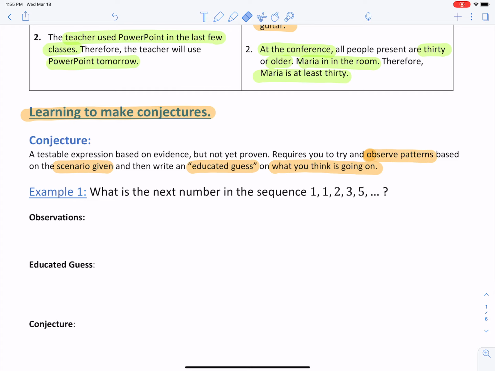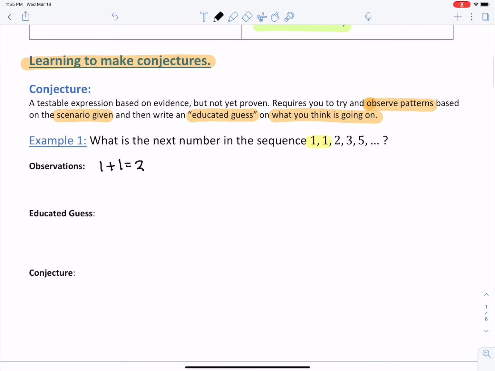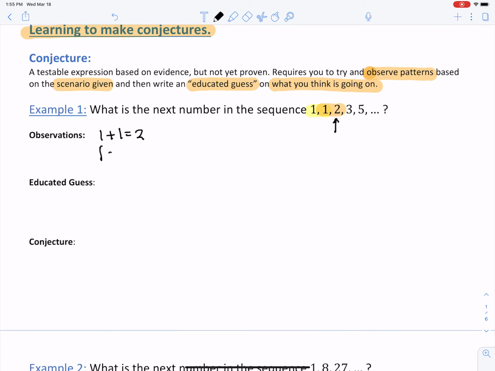Now, if you look very carefully at this sequence of numbers, we might notice that these two numbers, when I add them together, 1 plus 1 is equal to 2. Hey, wait, that's the next number in the sequence, right here. Then I may look at the next two numbers, 1 and 2, and I might be like, hey, wait, 1 plus 2 equals 3, and that gives me the next number. And if I continue going through with this observation, 2 plus 3 is 5,